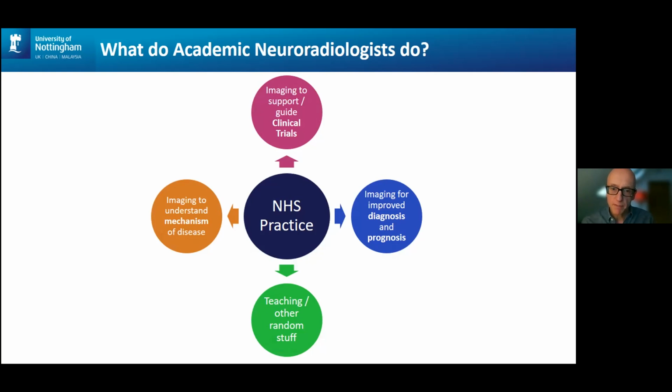Down at the bottom, I put teaching and other random stuff. So teaching is obviously an important part of a university post. But I get dragged into all sorts of other things as part of my job, some of which I really enjoy and find very stimulating, others of which I find sometimes a bit more frustrating, some of the administrative side of things that you're expected to do as a university employee. But overall, I think there's a range of things that you can do in an academic post, which are very